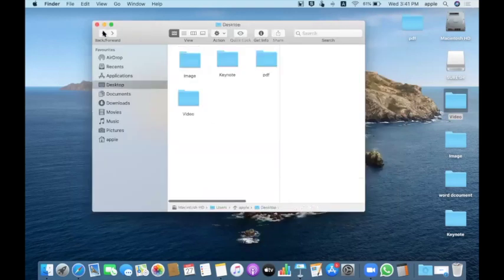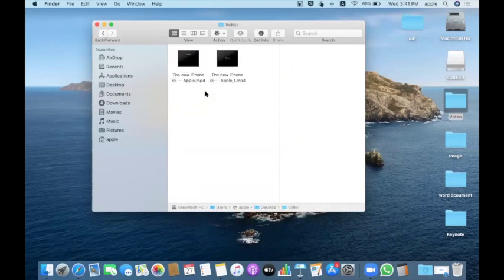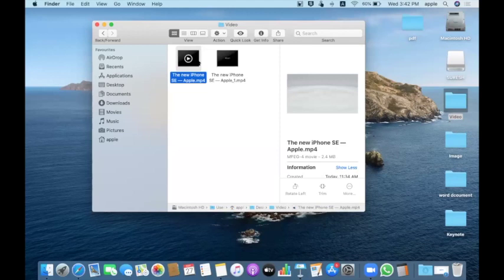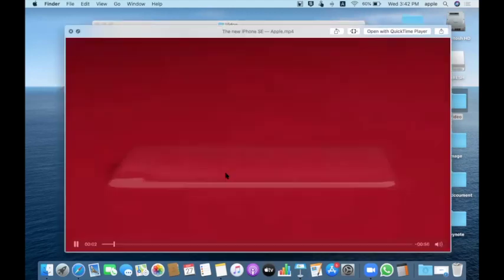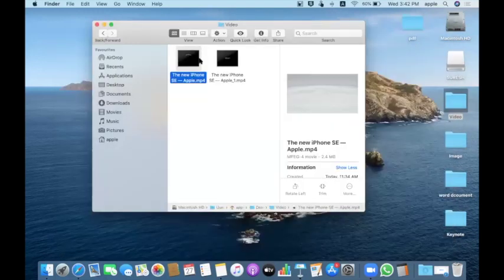So it works with PDF files, images, presentations, Word documents, and when it comes to video and audio, it supports only if the video or audio file is .mov, .mp4, or .mp3, MPEG, AVI or WAV file. Only then can you have a preview of it. If it's an MKV file, you cannot have a preview like this. It doesn't support MKV files.